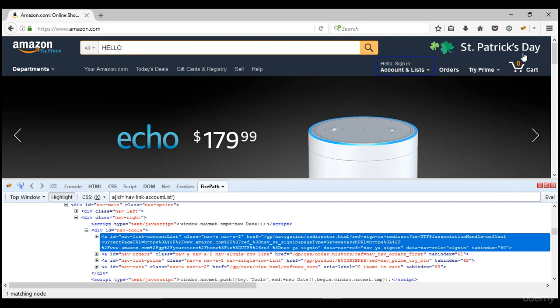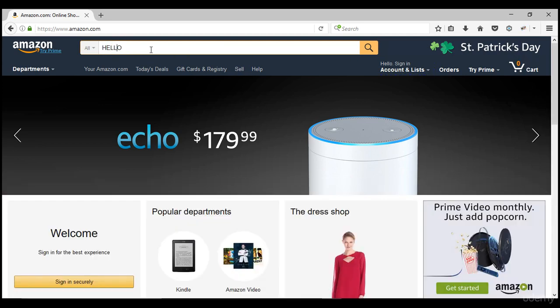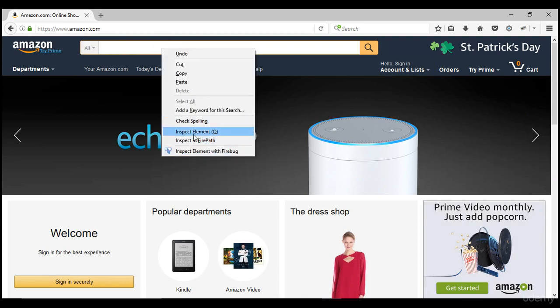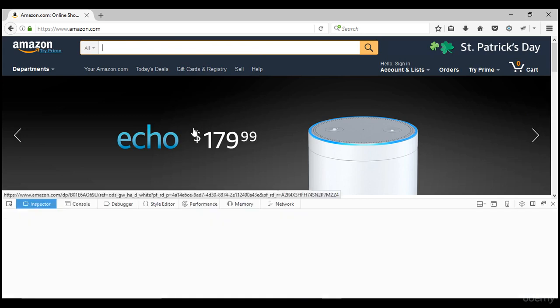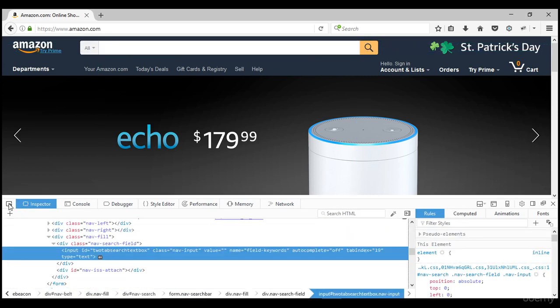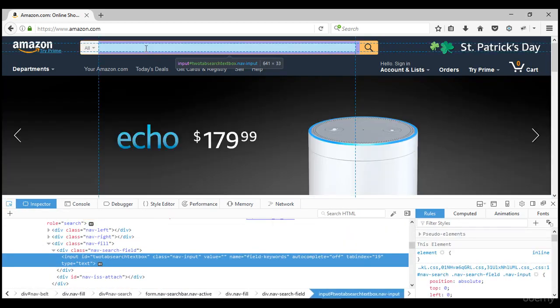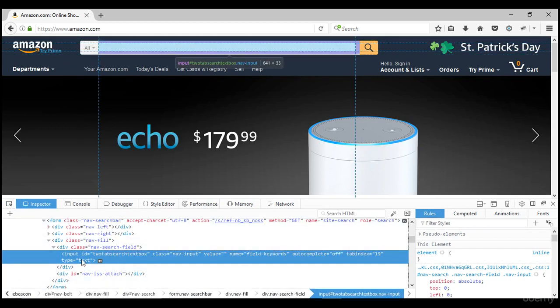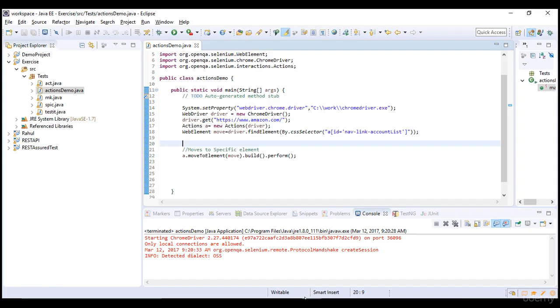You need not depend upon Firebug as well. In the latest Firefox versions, just right click and say inspect element, that's it. Don't depend upon Firepath and Firebug. You will have a window like this, then you can use this and copy it here, and you get an item. Now you can write your own XPath using this locator. I have never used Firepath or Firebug here. So this is how you need to eventually practice, right?